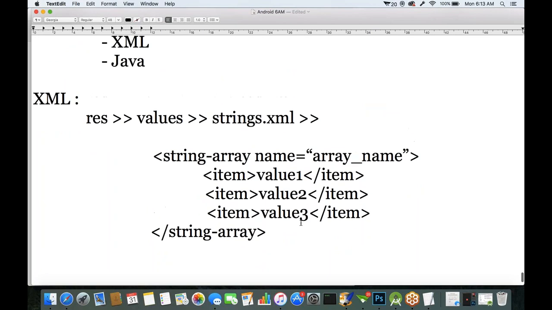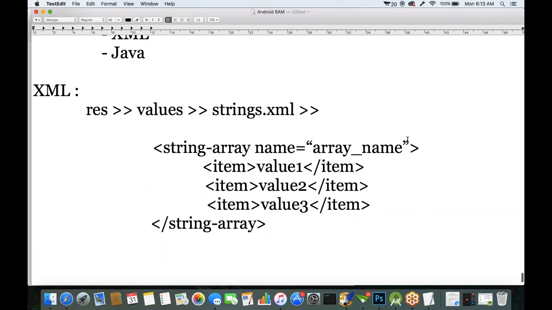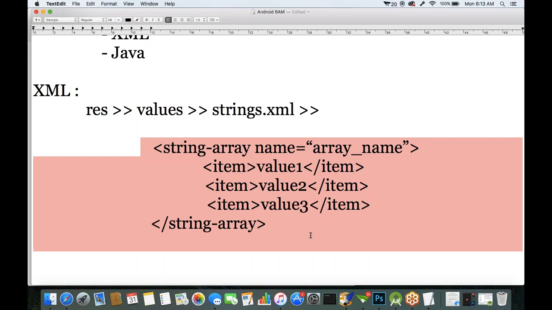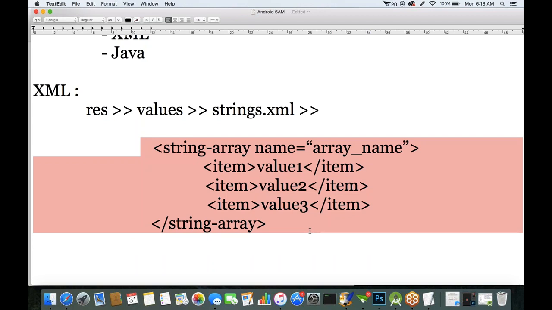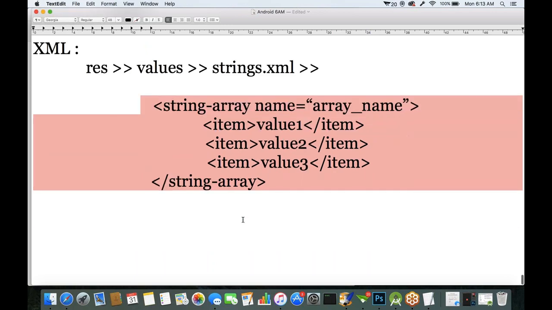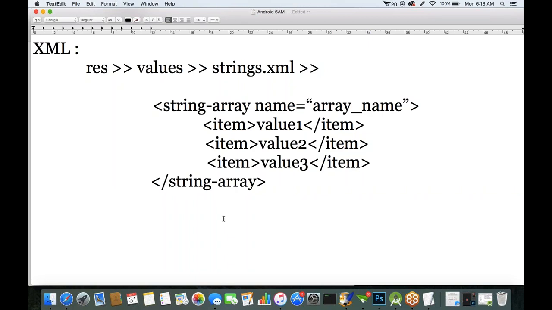Okay, this is a configuration. First, for presenting the values, we have to configure the values in the strings.xml file, in this format. This is only configuration, that's it. We just configure the values. Next, for presenting the values,